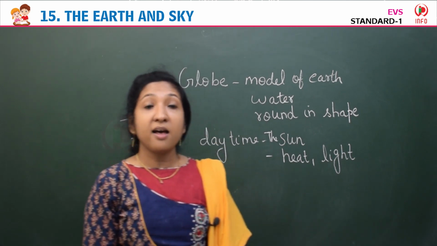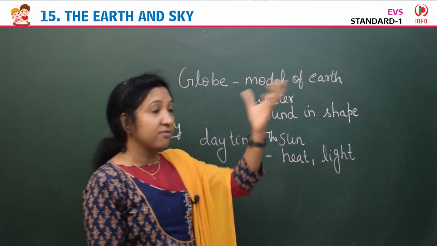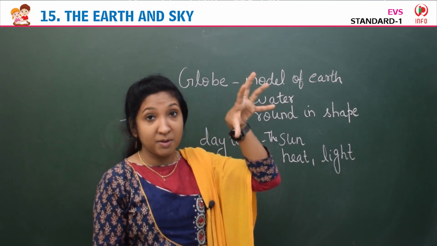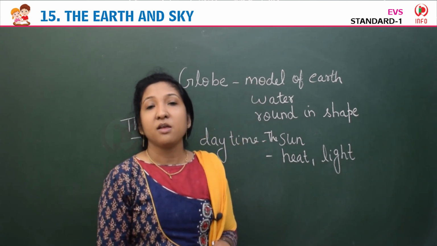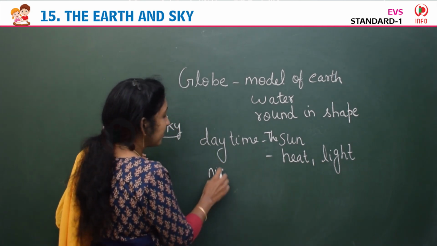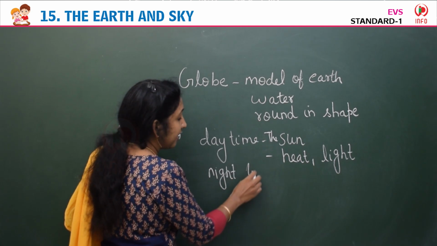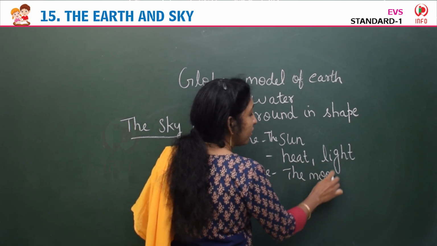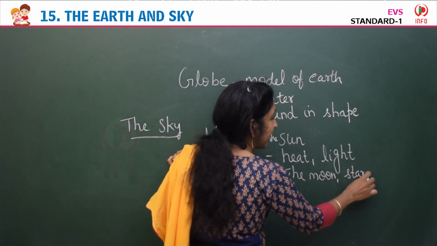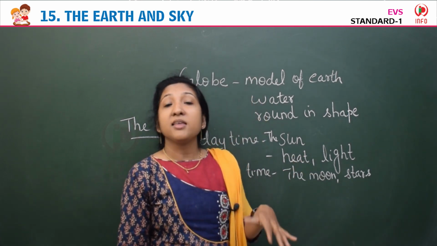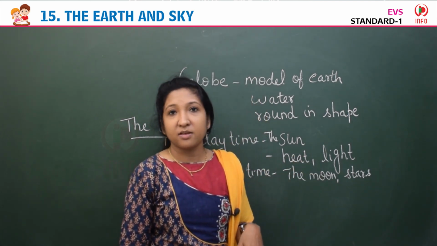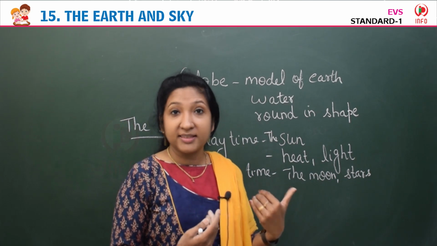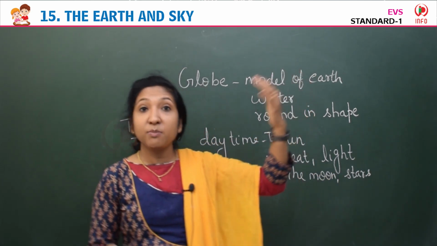Yes. Then in the daytime we can see the sun, but sometimes we cannot actually see the sun because of its bright light. Then at night time, if we look at the sky at night, we can see the moon and also stars, isn't it? Yes, we can see the moon and stars at night time in the sky. Yes, so moon is much nearer to us than the sun. Sun is far away, but moon is nearer to us